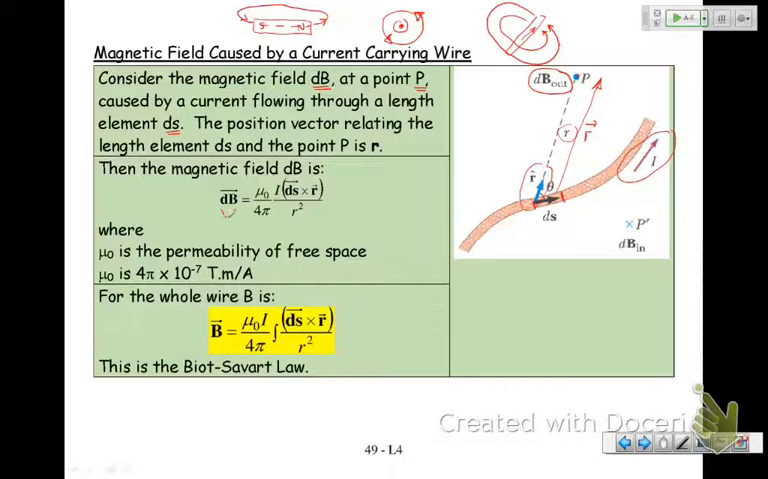Biot-Savart says my little bit of magnetic field is equal to, this is mu naught. We've done epsilon naught before. What was that called? Well, that was called epsilon naught, wasn't it? If you looked it up in a dictionary, what would you look up? Permittivity. Permittivity of free space. Mu naught is like its twin, and it's the permeability